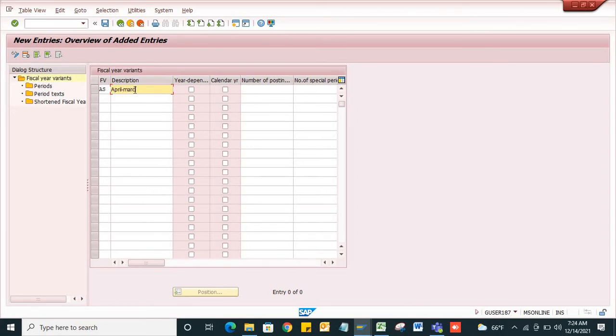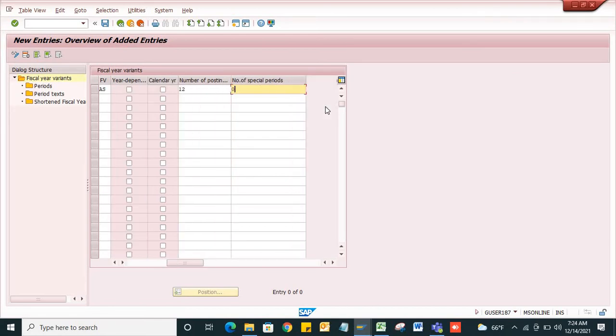I am year dependent, not calendar year dependent. Number of posting periods, I have 12 posting periods, and number of special posting periods, I have 4. I will explain what these 4 special posting periods are in the coming classes.